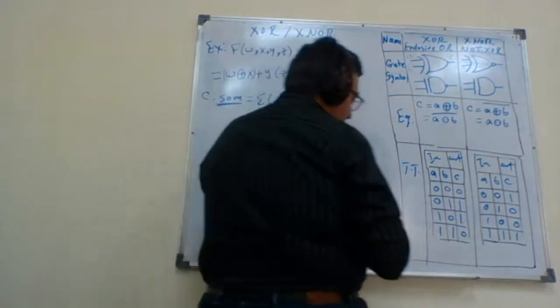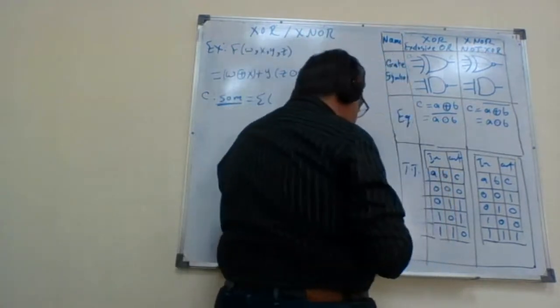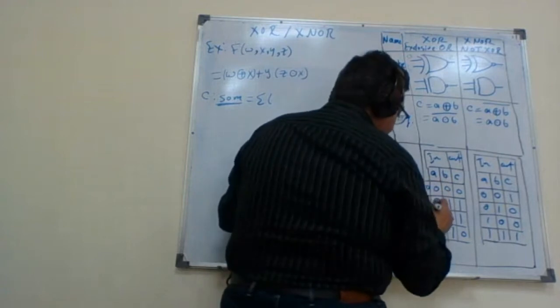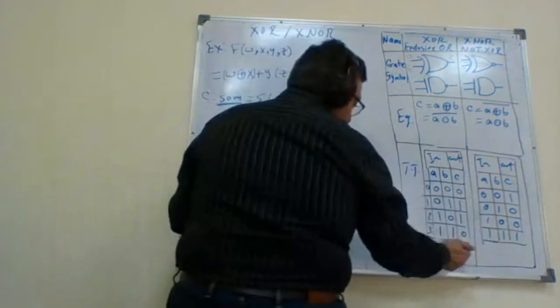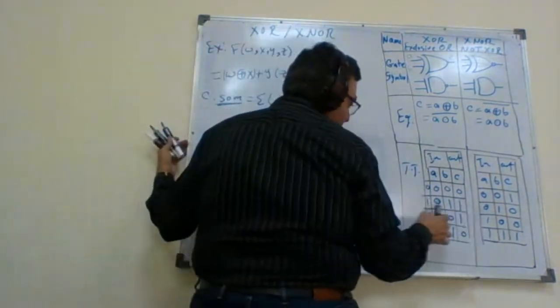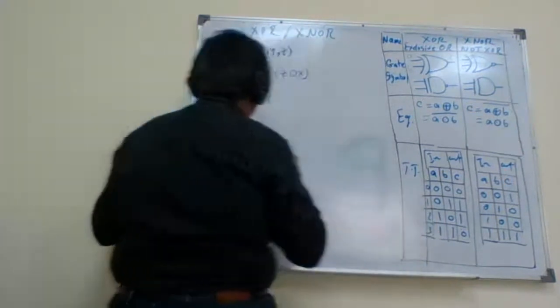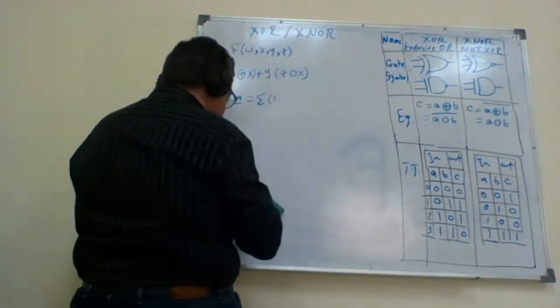If I extend this table to show the designators, I have 0, 1, 2, 3. That means this function C has the min terms with designators 1 and 2. So C can be written as a sum of 1,